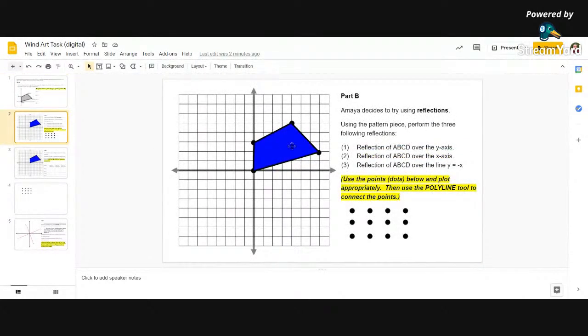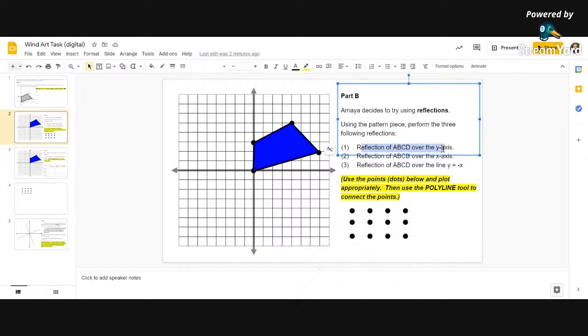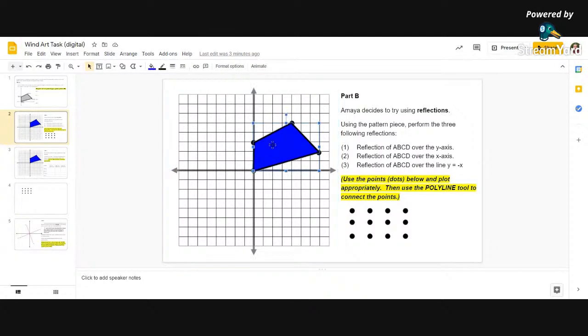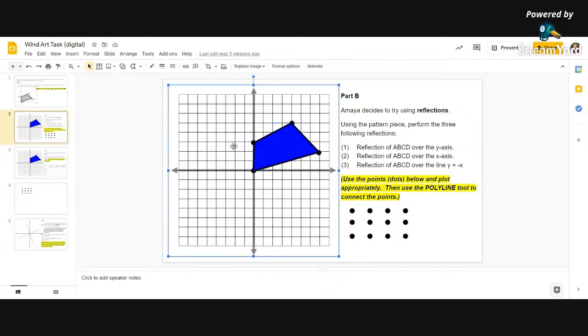Number 2, now the first piece of art she's going to make is using reflections. Taking this object, this pre-image, you're going to do 3 reflections. The first one is reflecting over the y-axis. Your second one will be over the x-axis. And lastly, you reflect over the line y equals negative x. All those reflections are going on this one coordinate plane. So at the very end, you'll have the pre-image, which we're looking at right now, and the second, third, and fourth transformations all on the same plane. So there should be 4 total